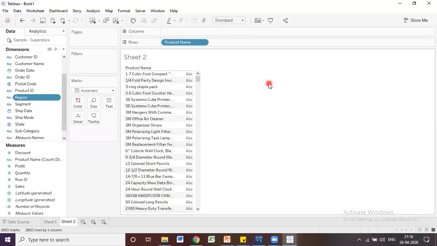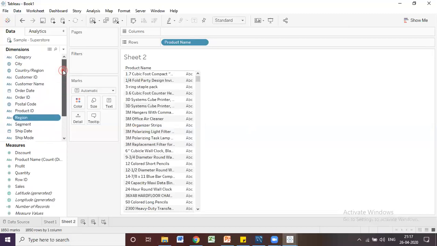Now we are going to show how we can organize your data in the data window. So what is the main purpose of organizing your data? What is the main purpose of organizing our data in the data window? See, actually here you have a lot of columns, right? But whenever you are working in real-time scenarios, you may have more than 50-60 columns. In this situation, it is very difficult.